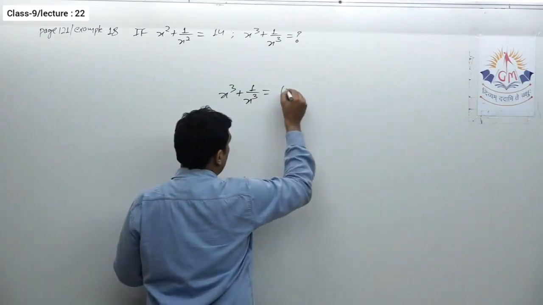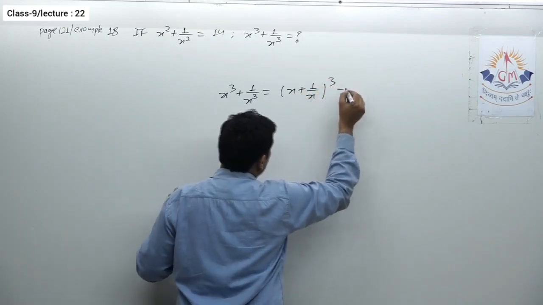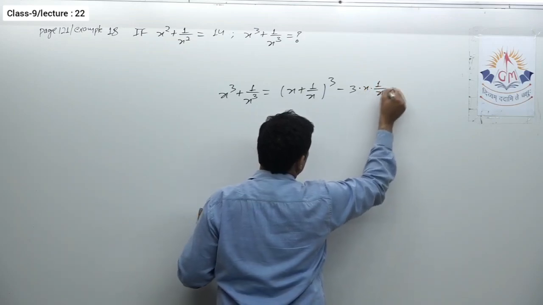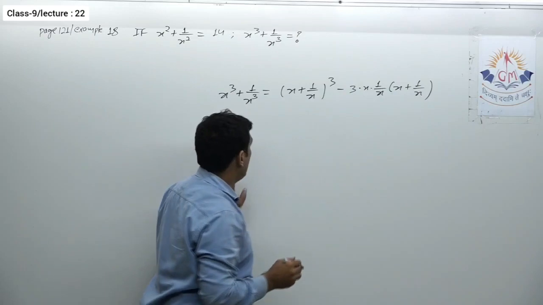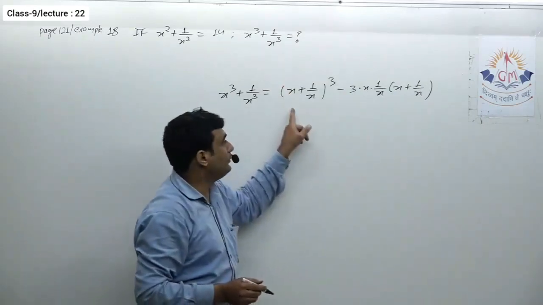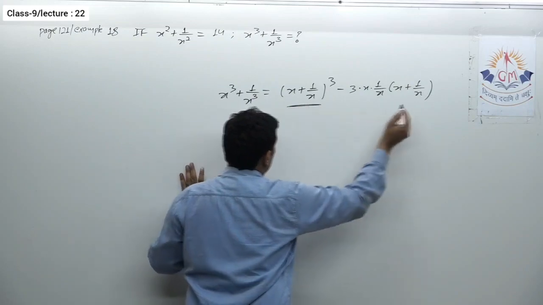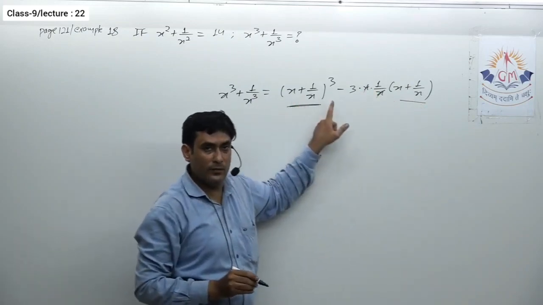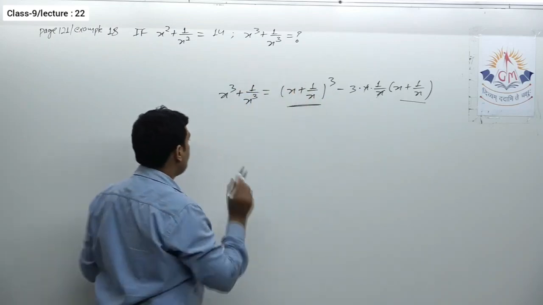So if I apply the identity, one identity is this, another identity is this. This is the first identity. Now, is it possible to get what we need using this identity? See, if I use this identity, I need to get this value. This is not given. That means first of all, I need x plus 1 upon x, and only then it is possible to obtain this.